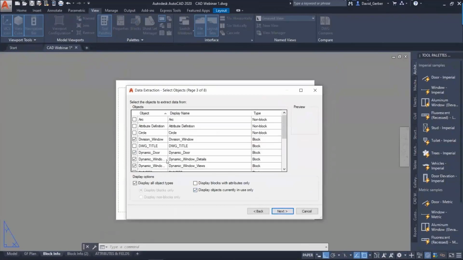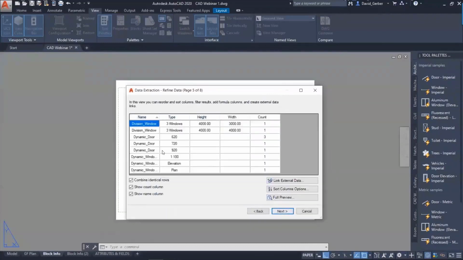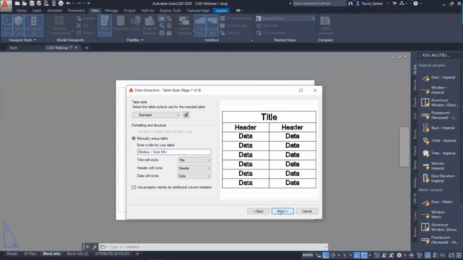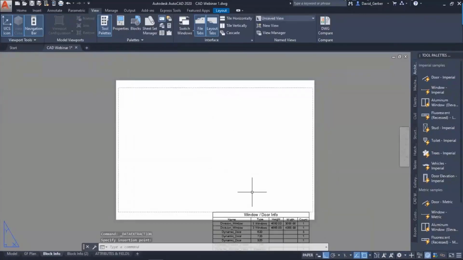I already specified what I wanted to always extract and look for. So I'm always looking for certain blocks. All the attributes that I want are in here. And then I can start to basically rename stuff if I want to. I can reorder stuff and reorganize how it needs to be. And then I can just insert it into my drawing. So now that it's in my drawing,